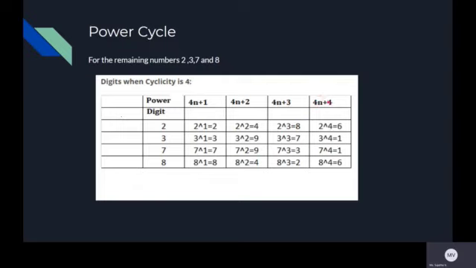So you don't have to write it as 4n plus 4. It is 4n. Can you express the power as a multiple of 4? If yes, the last digit will be 6, if your base is 2. If the base is 3, then this is the cycle, right? What is it if it is 7? What is it if it is 8, right?